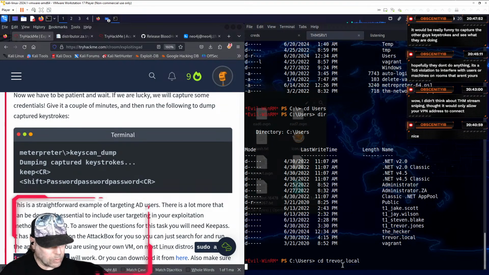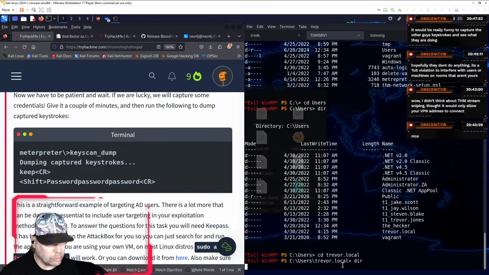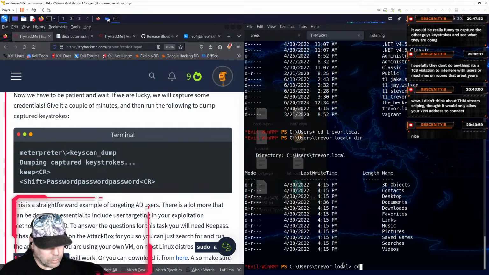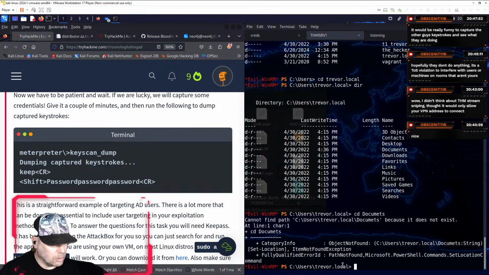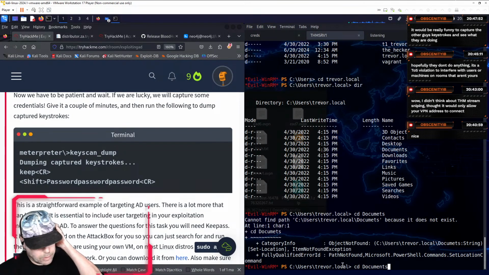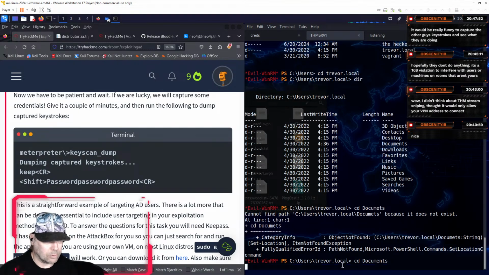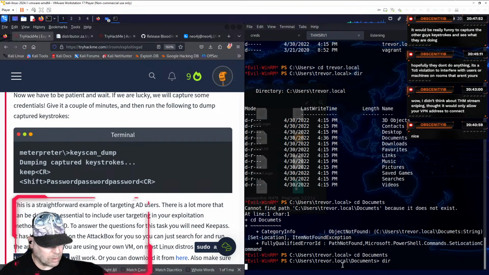We're poking around to see if we can find anything valuable. And once you know it, we have to go into his documents folder. And not documents, that's a comment. I just wanted to show you all that common error that people make, so you don't feel embarrassed when you do it yourself. But you don't want the documents folder. You want the documents folder. There's an N in there. So I hope that was helpful for everybody.